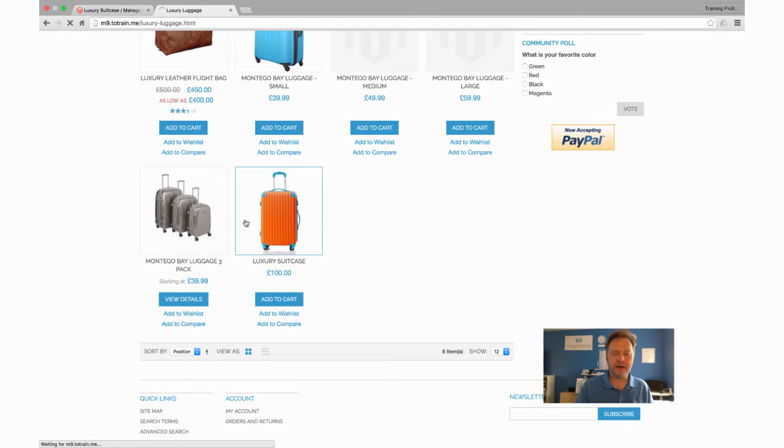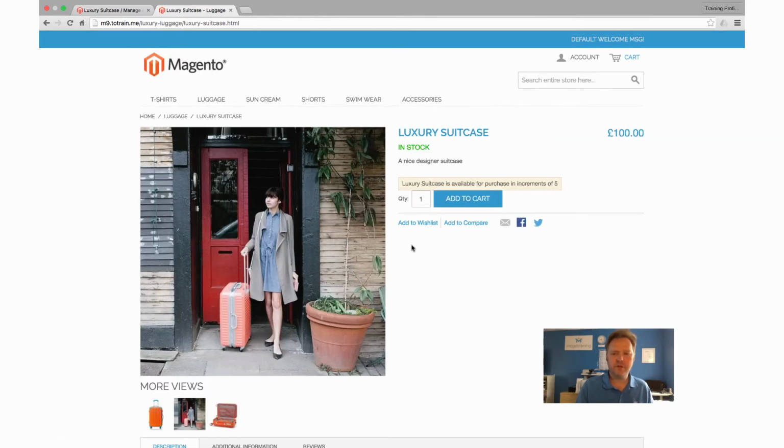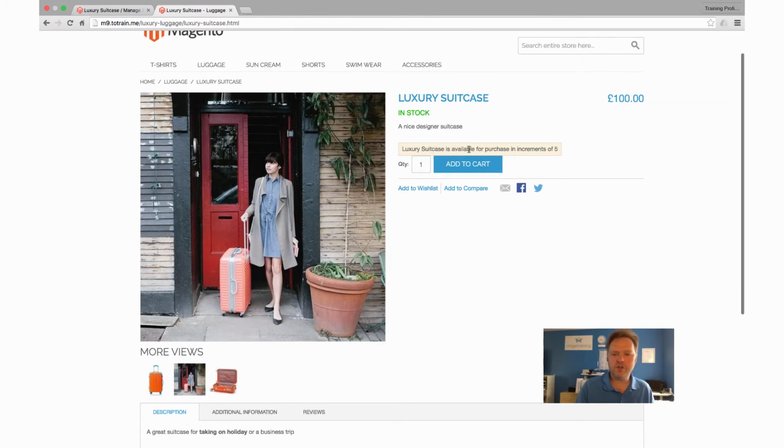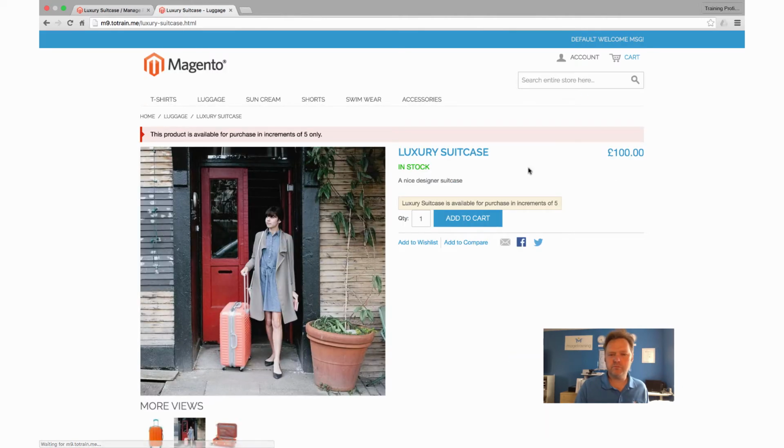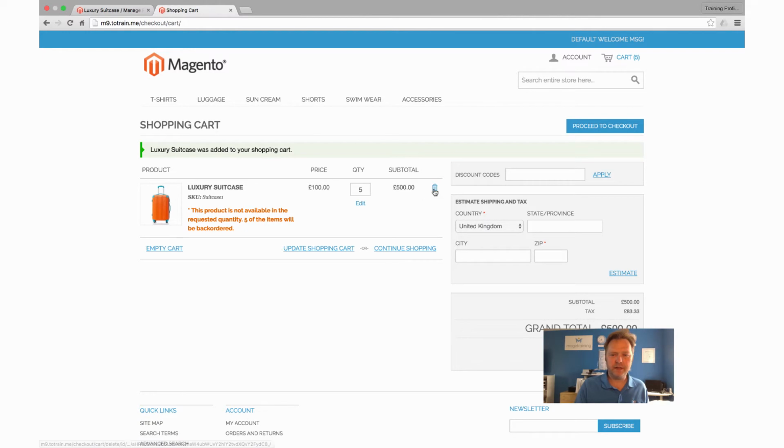What you will see now is luxury suitcases available to purchase in increments of 5. So if I try and put 4 in, it's not going to let me. It tells me I have to put 5 in. So if I put 5 in, that's fine. I've got 5 in there. Let me just trash that